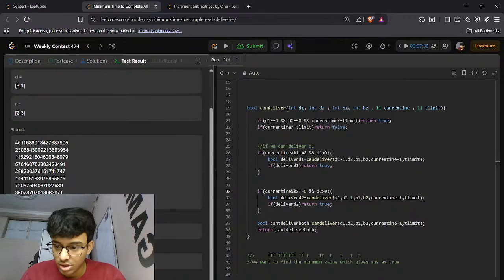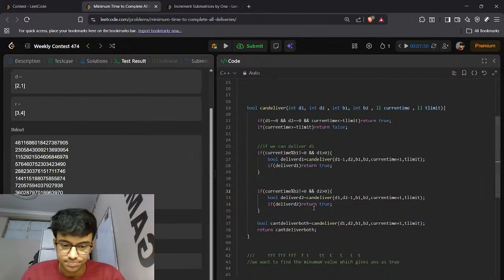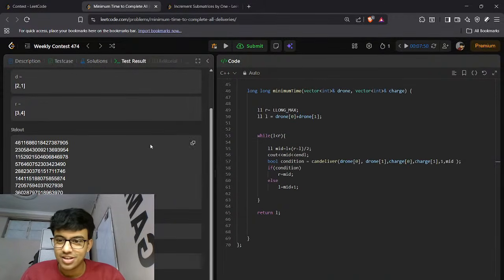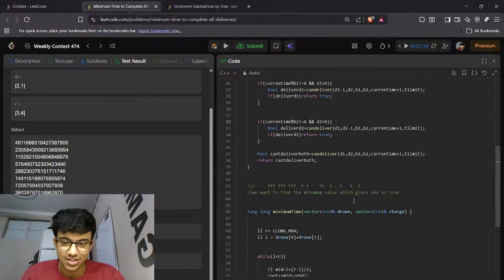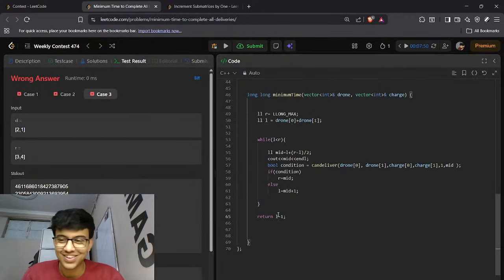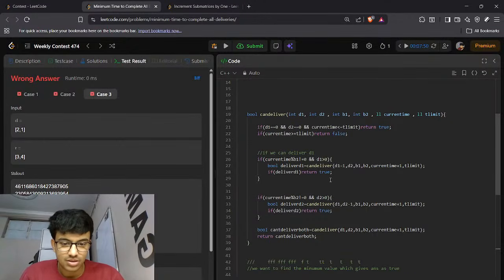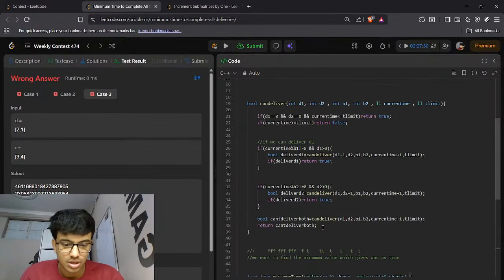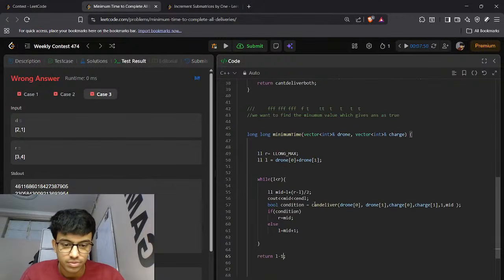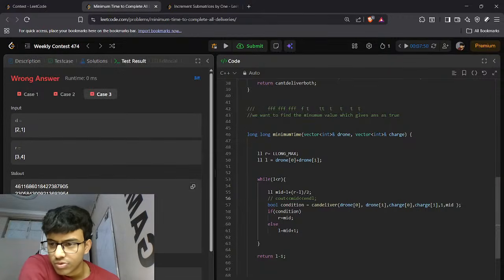Okay, at least we got somewhere. We're getting 6 for this, we're getting 8, and we are getting 4. So we're getting 1 plus answer. Should I just return L minus 1? That is broken logic. Where am I seeing out? Here it is. I'll also have to memoize this. But why am I getting